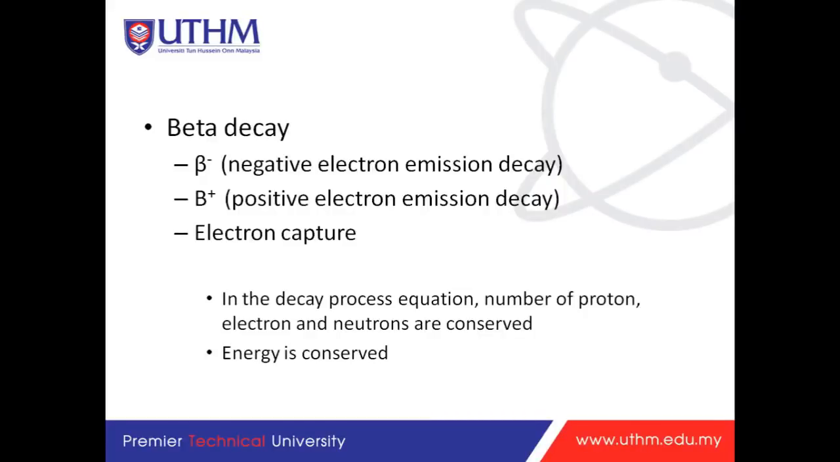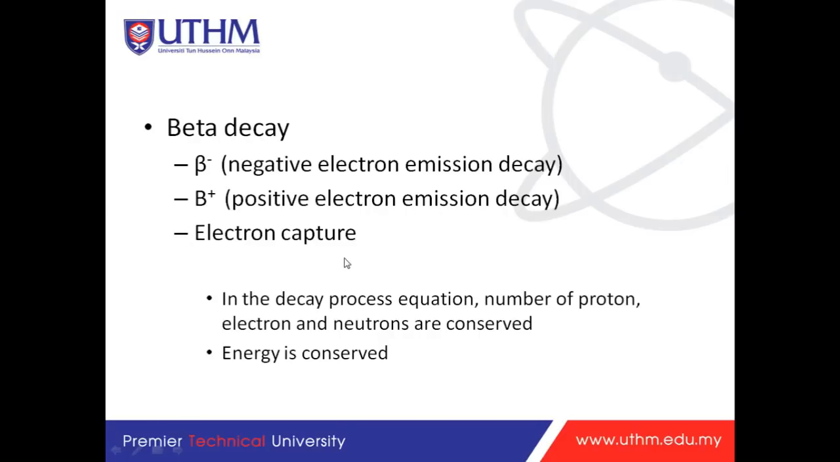Okay, so we will continue with beta decay. Last lecture we discussed the alpha decay, so now we are going to discuss the beta decay. The beta decay basically can be categorized into three types. First one is beta minus decay, also called negative electron emission decay. The second type is the beta plus decay, which is also called positive electron emission decay, and the last one is